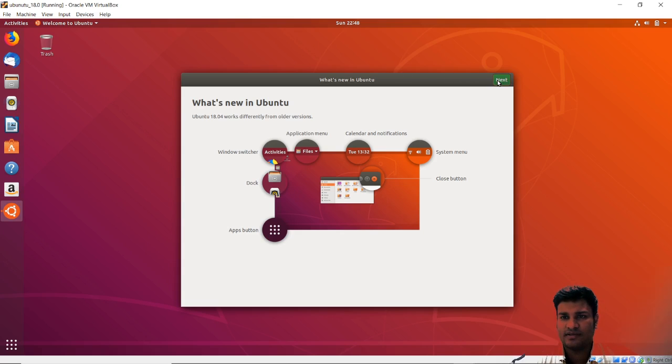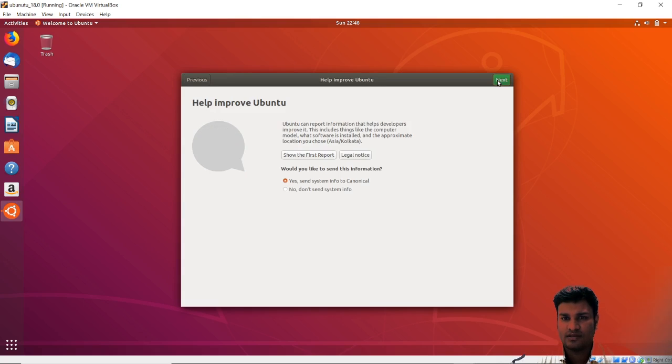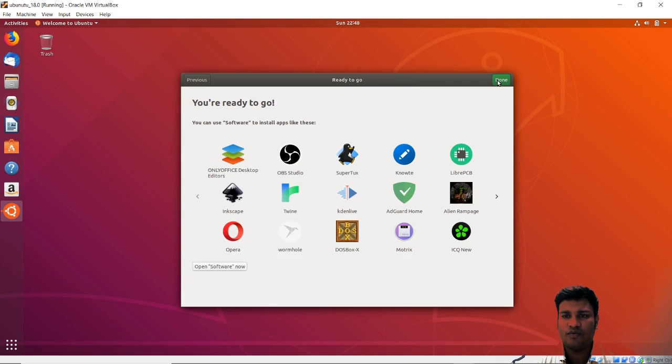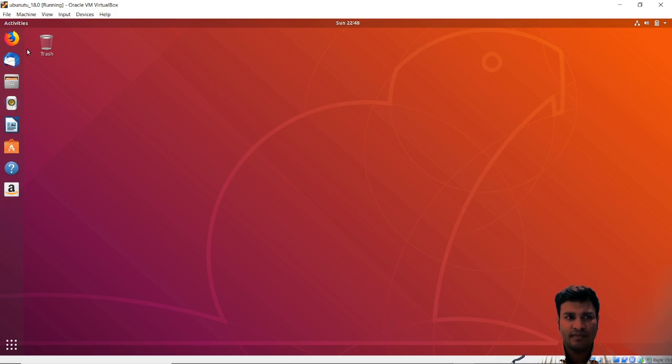Just click on next, next, next. If you want to read them, you can read them, but I have been working on Ubuntu for a very long time. Now just go to Firefox and open it.